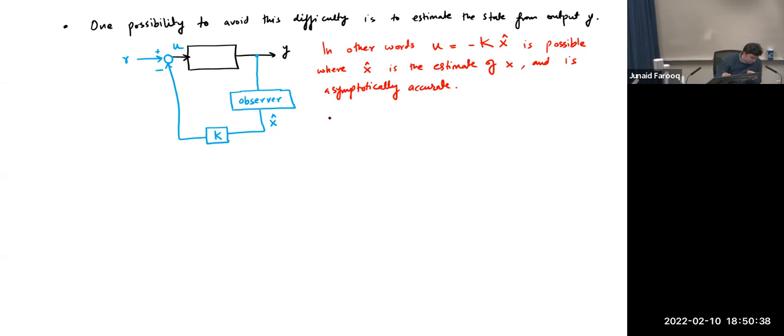So when I say asymptotically accurate, basically what I'm trying to say is that x hat